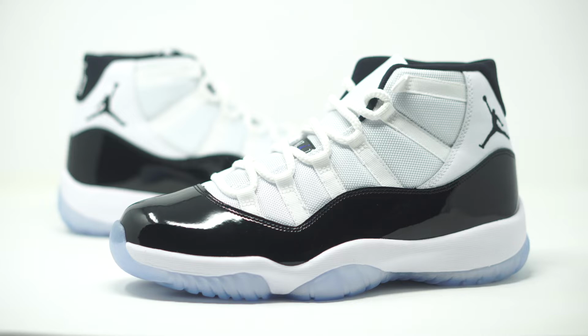We don't really got to go through the colorway. We don't got to go through all that. We all know what this is. Classic black and white sneaker right here, but they do have some key differences to this year's model, and I'm going to go ahead and talk about that. Let's go ahead and dive into it. First of all, no matter what type of changes they put on this sneaker, it's still a Concord,